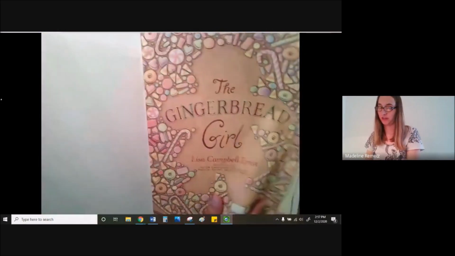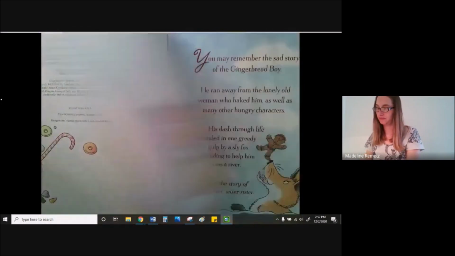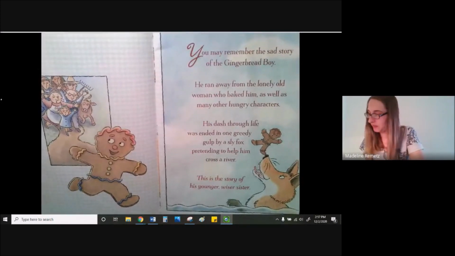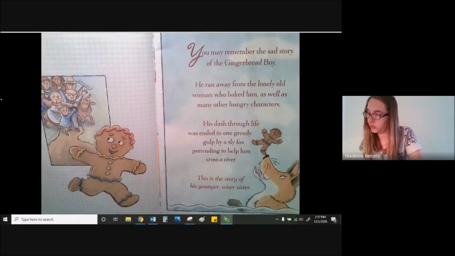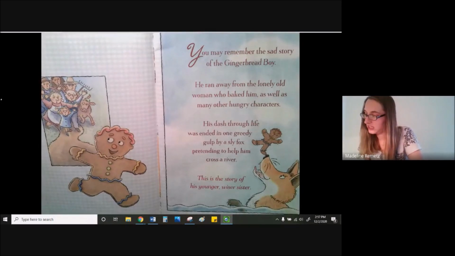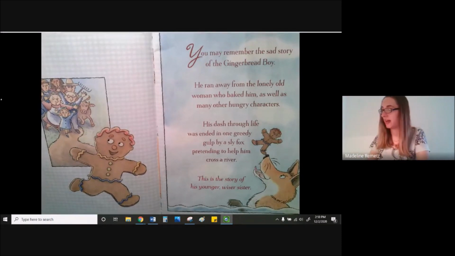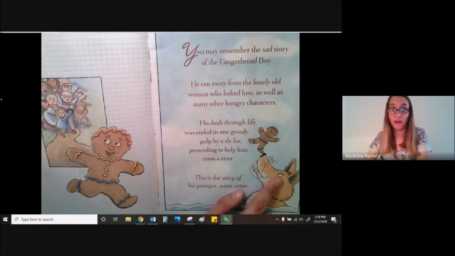The Gingerbread Girl. You may remember the sad story of the gingerbread boy. He ran away from the lonely old woman who baked him, as well as many other hungry characters. His dash through life was ended in one greedy gulp by a sly fox pretending to help him cross a